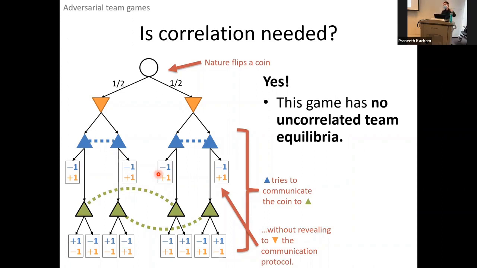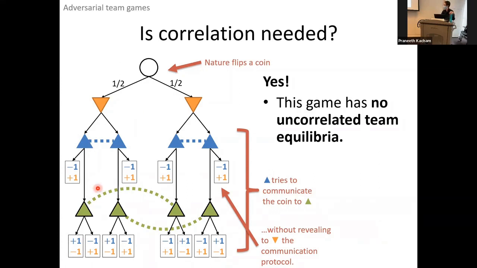If you look at the bottom part of the tree, green doesn't know if they're on the left-hand side or the right-hand side. They don't know how the coin splits, but their payout is solely determined by whether they choose left and they're on the left-hand side or right-hand side. Green and blue win if green's action matches the nature action. Green has no possible way of understanding that except for this one bit of information that blue can give it, because green does know what blue did.